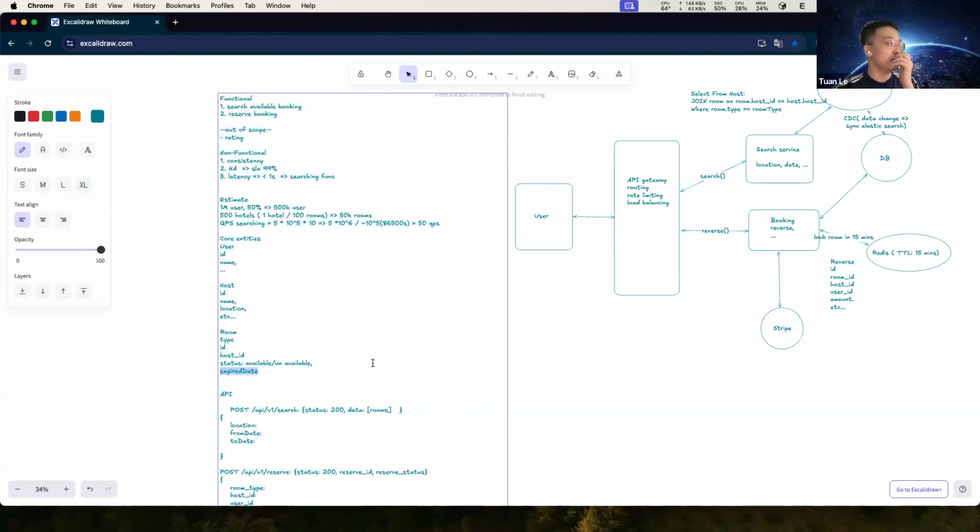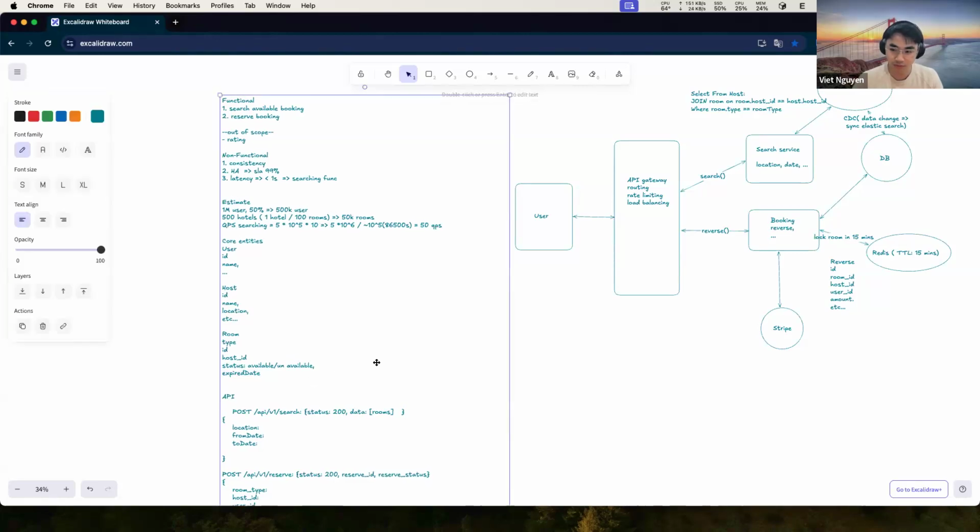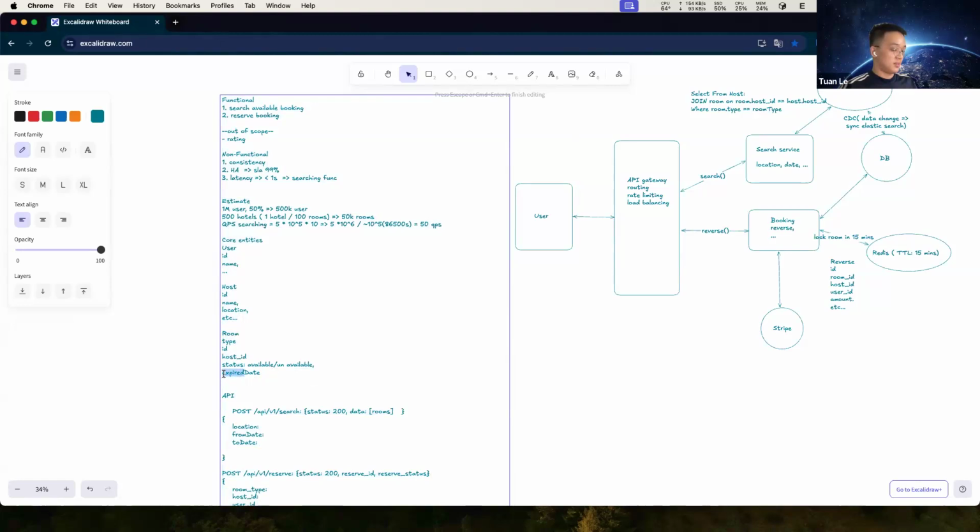It is the expiry of the room for the previous booking, right? And how do we resolve that? One naming for this property is available date, right?